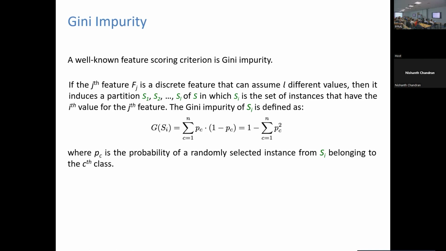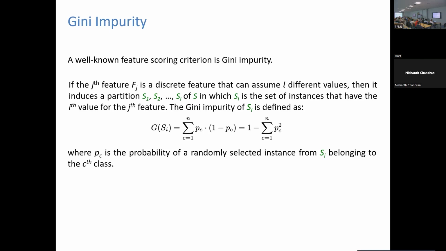Now, how do you compute the Gini impurity? It's a standard measure in math and economics; they use the Gini index a lot. So for every set of this partition, you compute the summation over all possible classes of the probability that a randomly selected sample from that set falls in that class, times 1 minus the same probability.